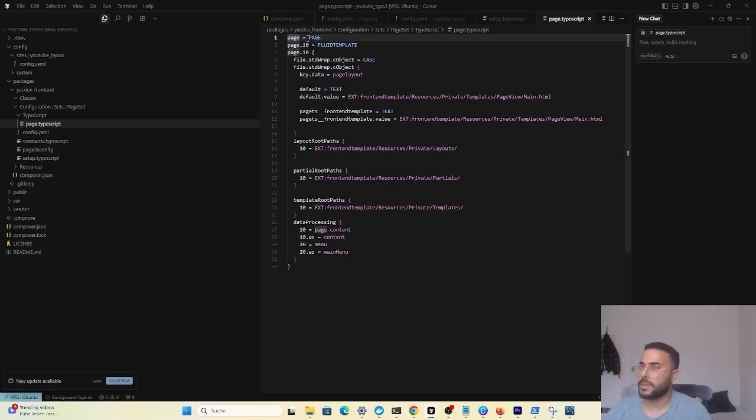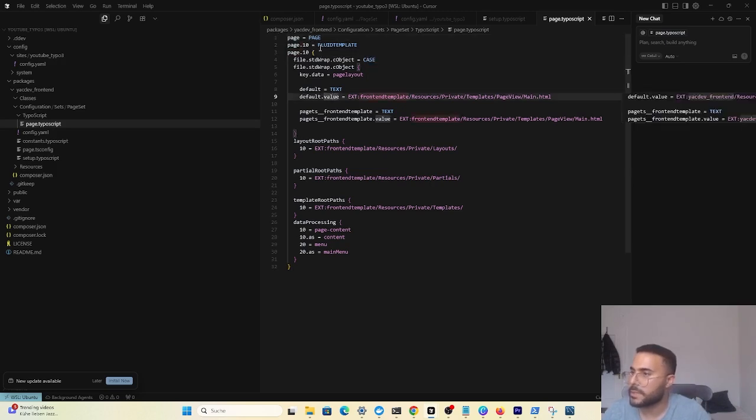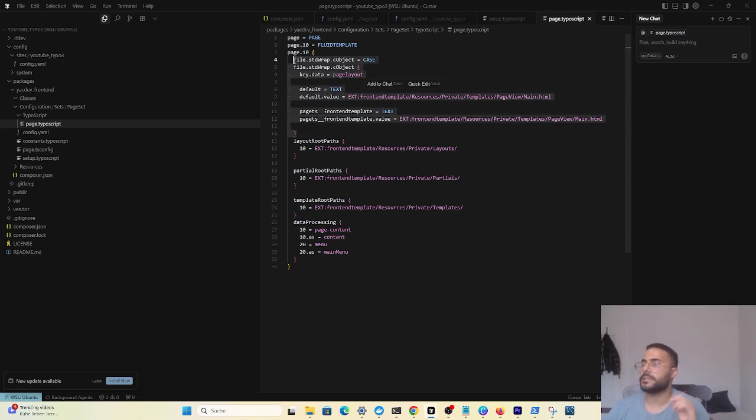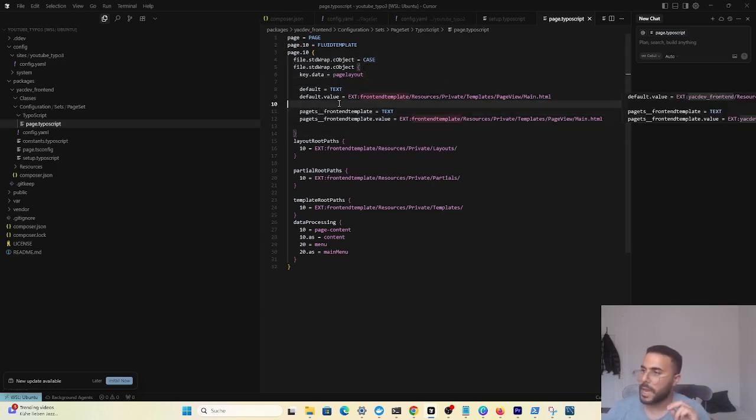This is important. I'm defining a page, and it would have the type 0 by default, and I'm saying this should be a fluid template, and here I'm configuring my backend rendering. As you can see, guys, I'm saying if default, so if default or no value has been selected, then